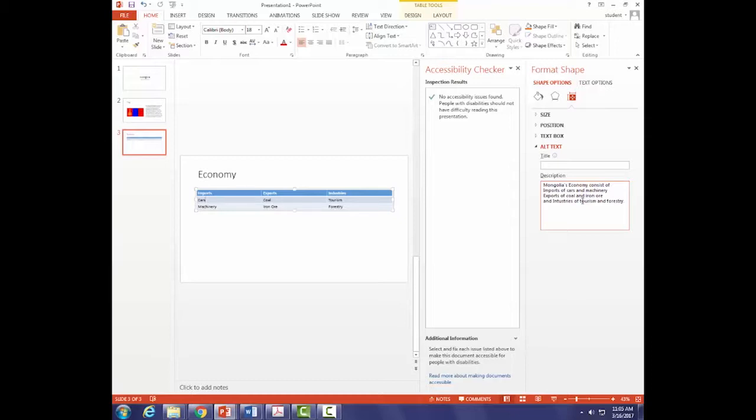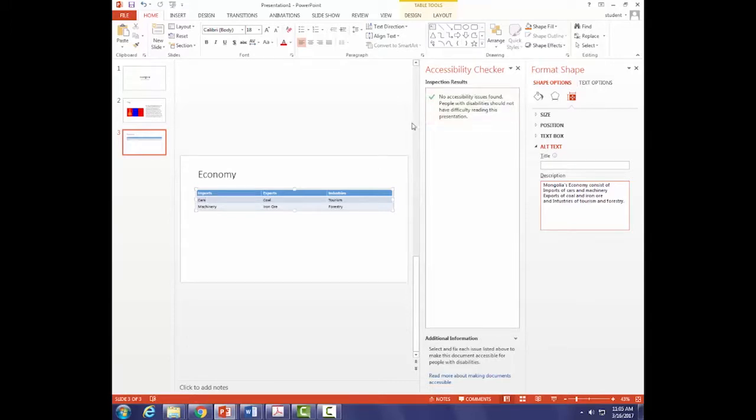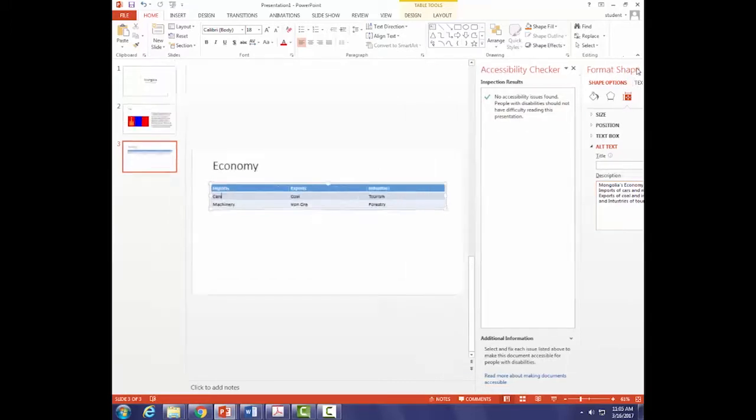That way, people using the screen reader, everybody has access to the same information. Do you see why I did that there? It's just not viewable any other way. So I have to put exactly what's in that table inside that alt text. And I'm getting my green check mark here, which we want.